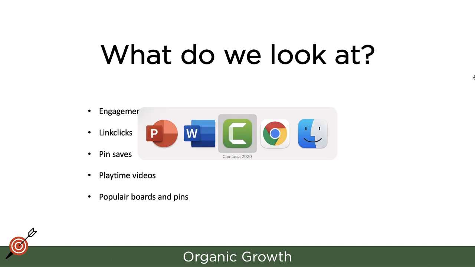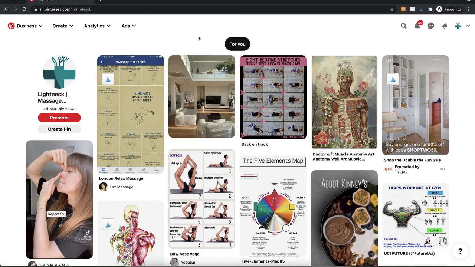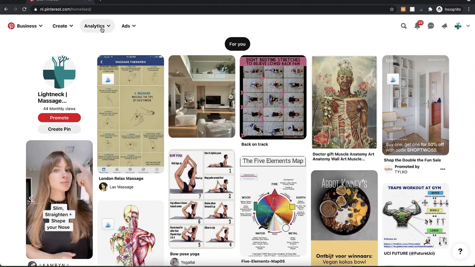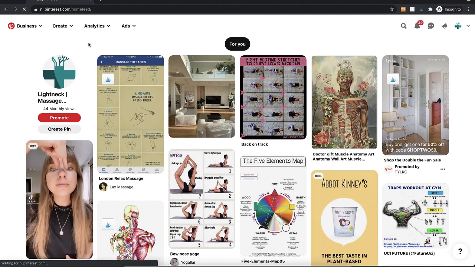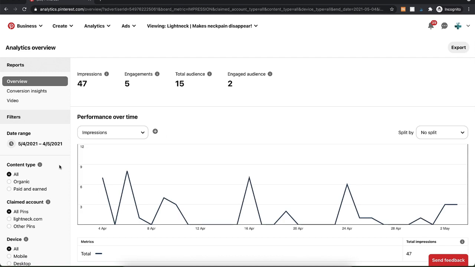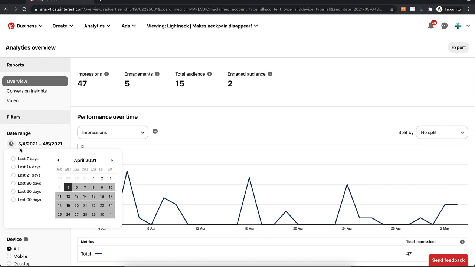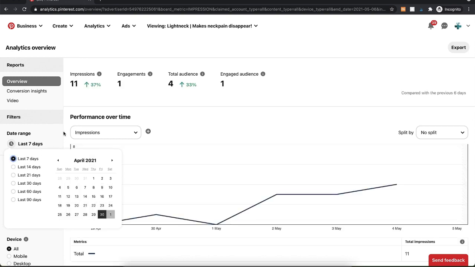Now let me open Pinterest and go to Analytics and Overview, and just let me guide you through what we all can look at. I suggest you keep track of the most important KPIs that you want to keep track of to make sure that you're growing exponentially. And first, what we can do here is set the date range, so to last 7